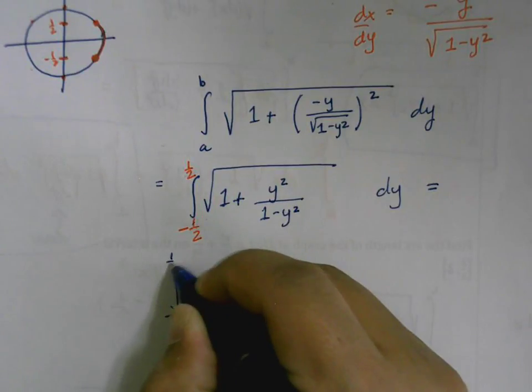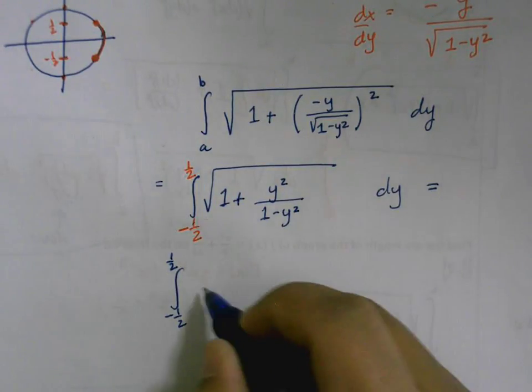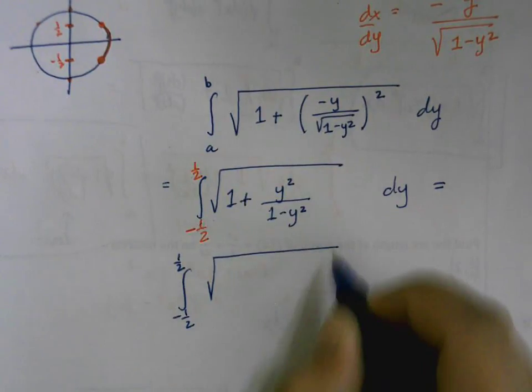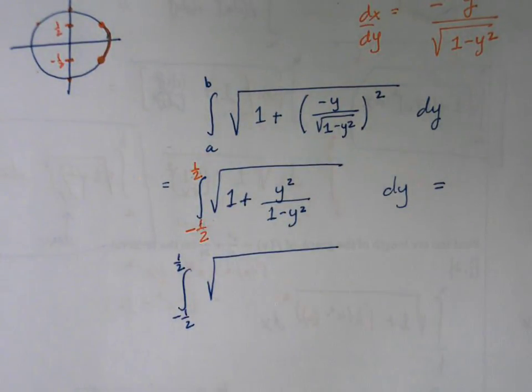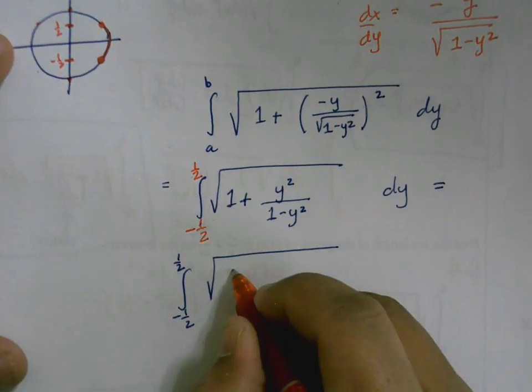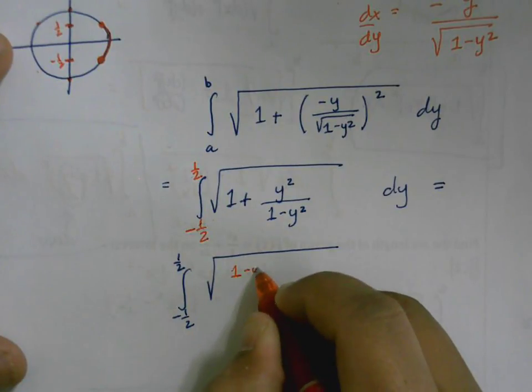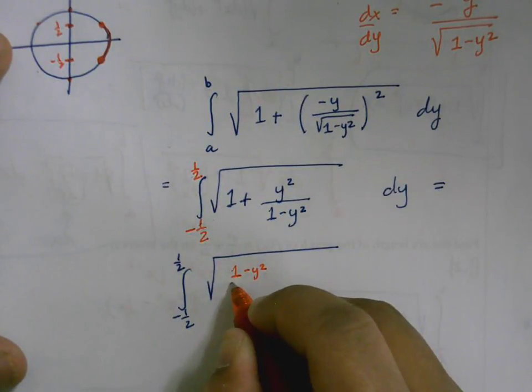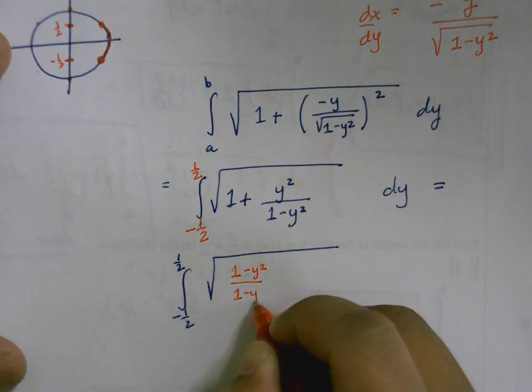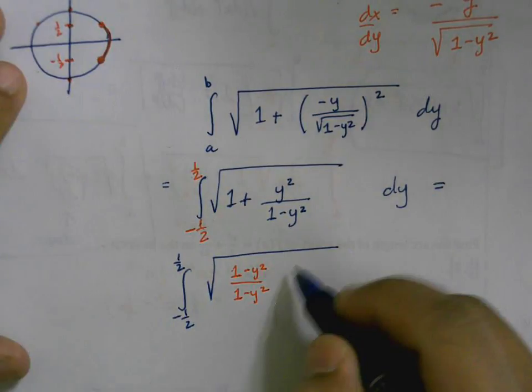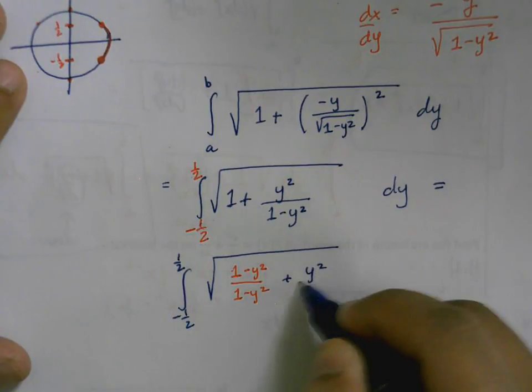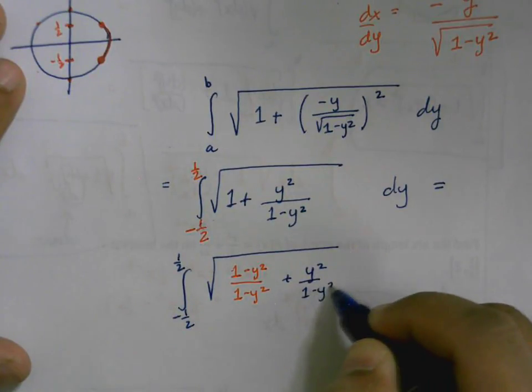But I want to show you where this really comes from. So this is the square root, and I am going to get this into the same common denominator. So this is 1 minus y squared over 1 minus y squared plus y squared over 1 minus y squared dy,